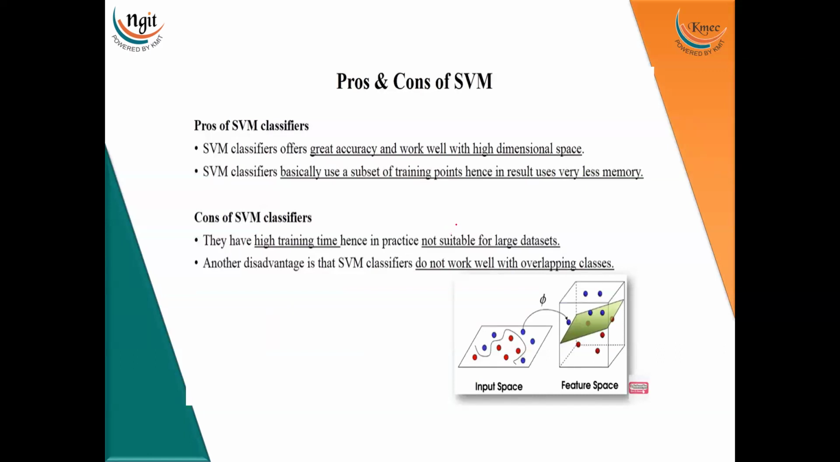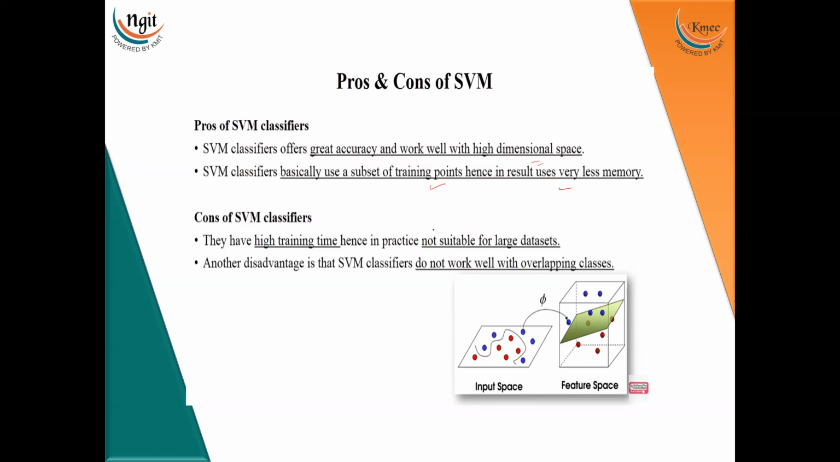SVM classifiers, of course, offer great accuracy and work well with high dimensional space. Why? Because of the help of the kernel. They also use a subset of training points, so they use very little memory. Why? Because we are using a subset of training points. But coming to some of the limitations,